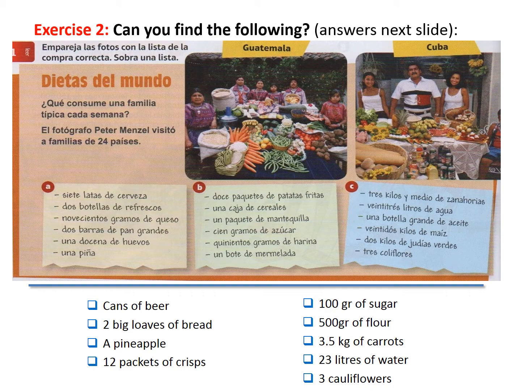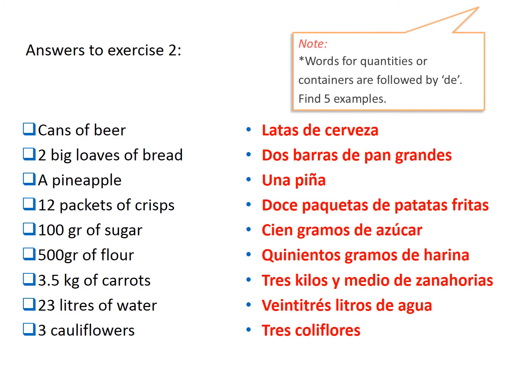Can you find the following? The word for cans of beer, 2 big loaves of bread, a pineapple, 12 packets of crisps, 100 grams of sugar, 500 grams of flour, 3.5 kilograms of carrots, 23 litres of water, 3 cauliflowers. If you make a list of the Spanish, press pause and press play when you're ready for your answers. Okay, your answers are here. So if you press pause and press play when you're ready,